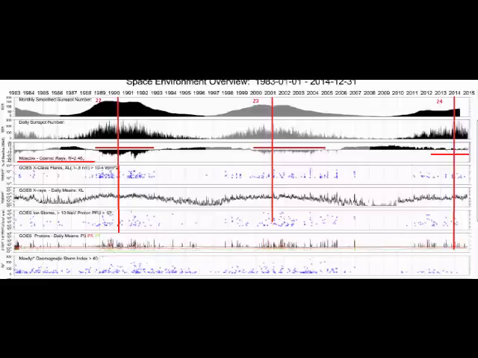Now I just want to say this, guys, we can see on this space environment overview at solar minimums, if we look at the peaks at the top of the screen, 22, 23 and 24, if we look at the minimum levels, you can see that when we have low solar power, we have more cosmic ray influx, and you can see that that time period at those low intervals is getting extended each time as time goes on. That's why this space environment overview is so important, because it shows us what's been increasing over that time period, and that is cosmic rays.